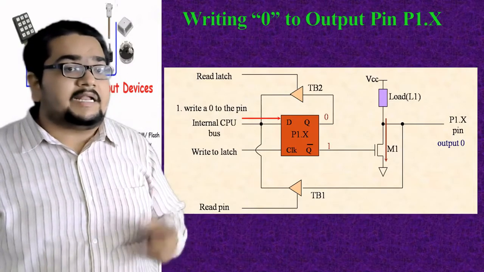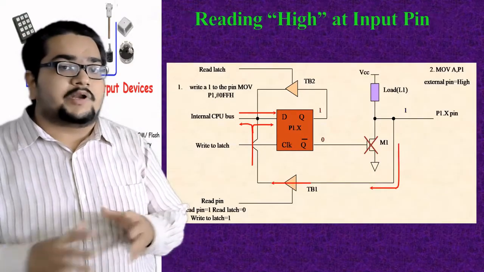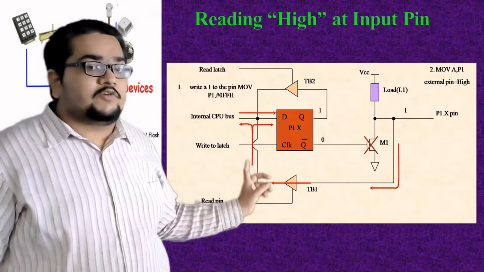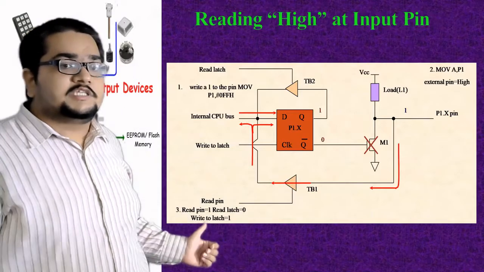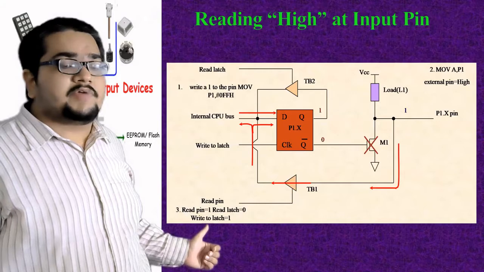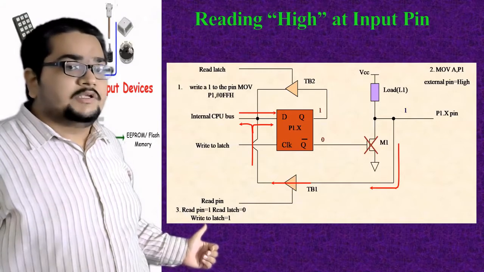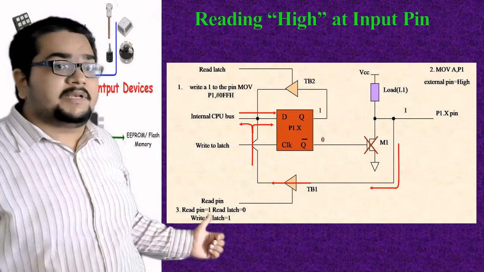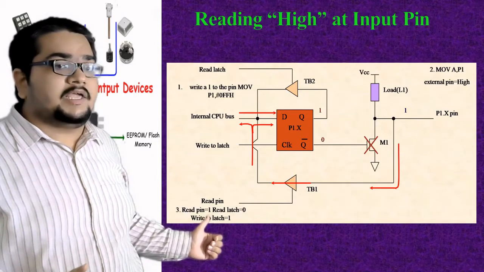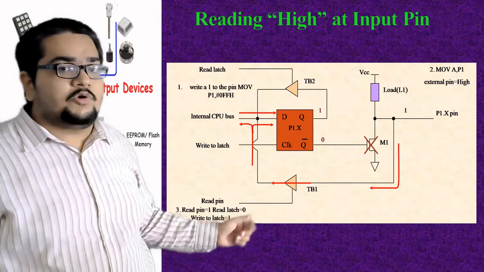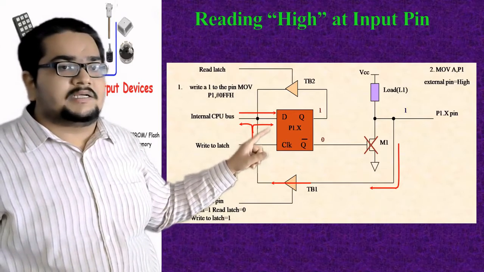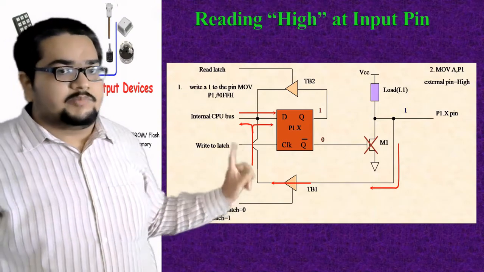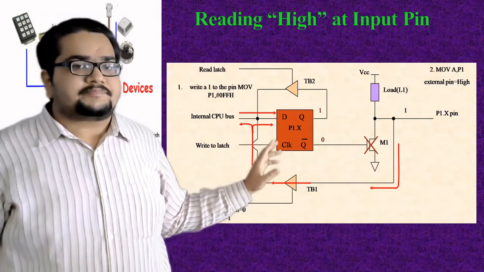Now let us see how to read the input pins. Reading the input pins here, first of all you have to understand that writing of the latch will be carried out the same way only. These 3 pin configurations you have to understand whenever we are reading the input pin. The read pin will be high because we are reading the pin, not the latch itself. The read latch will be 0 because we are not looping that reading latch here, not required, because write to the latch will be active because that will trigger the particular clock.